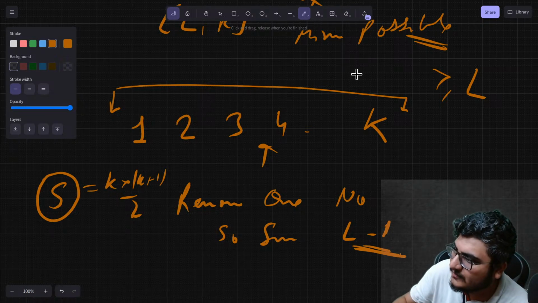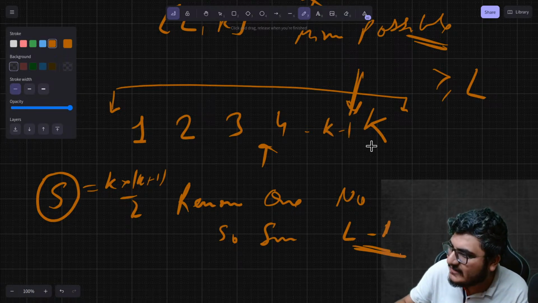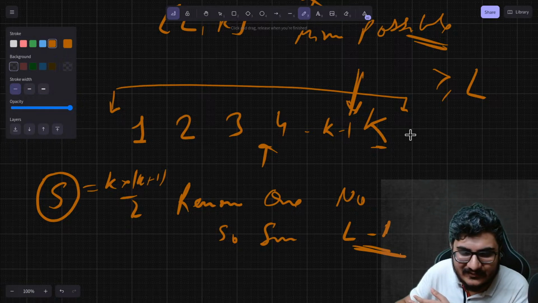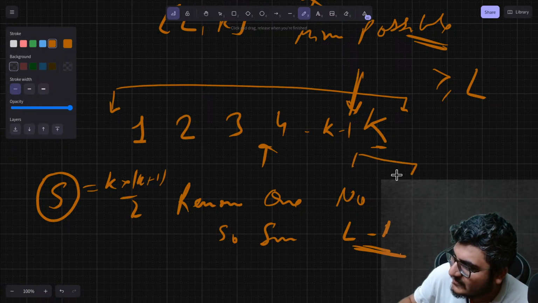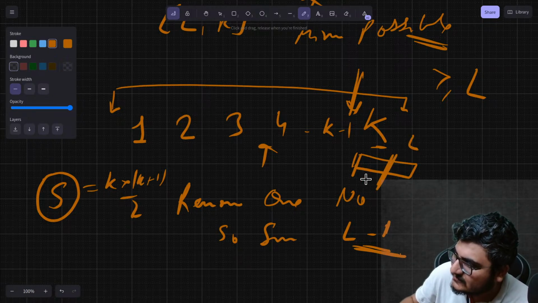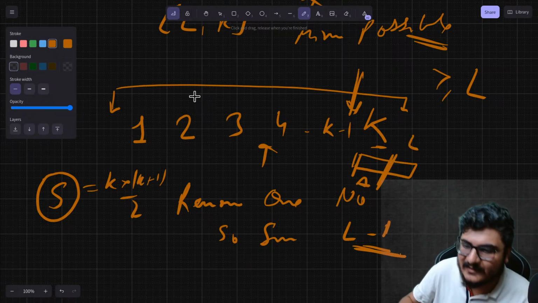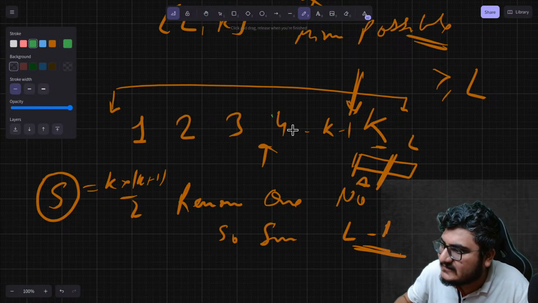That will definitely hold because until k minus 1, the sum of numbers was less than L. And once you added k, only then you crossed the boundary of L. So whatever delta you got over here, like let's say this is where the R is, this delta would definitely be one of the numbers here. So I found that number and deleted that number. Let's say this number is 4